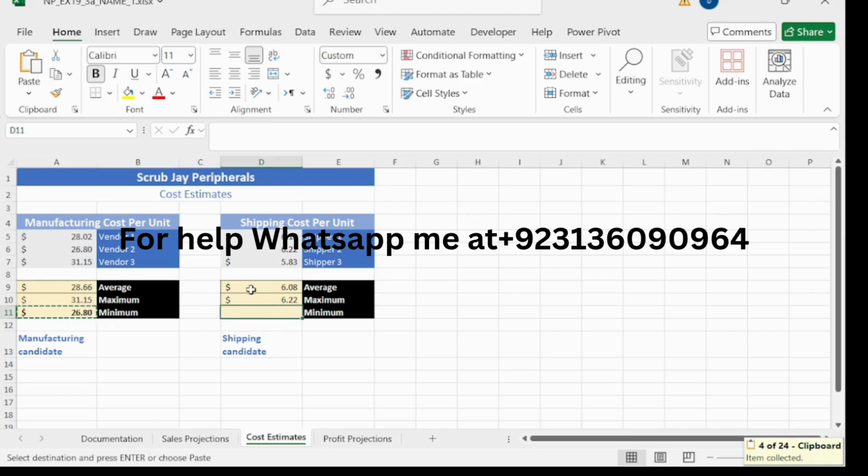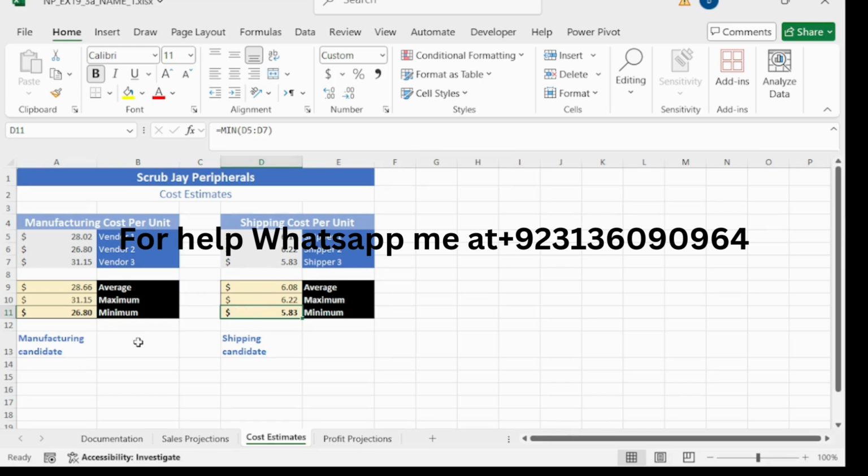This is cell D11 and paste it, Control V. So copy this and paste it into D11 like this. So we have completed our 7th step here and our step number 8 is in cell B13.